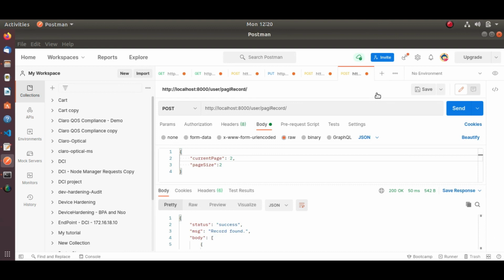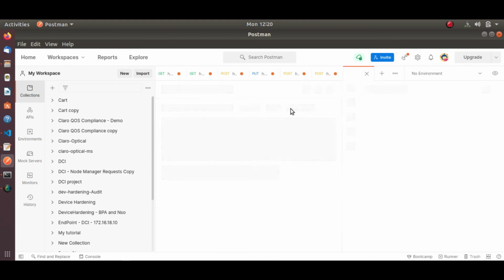Let's check whether our server is running or not. Yes, it's running fine. Let's go to Postman and test.